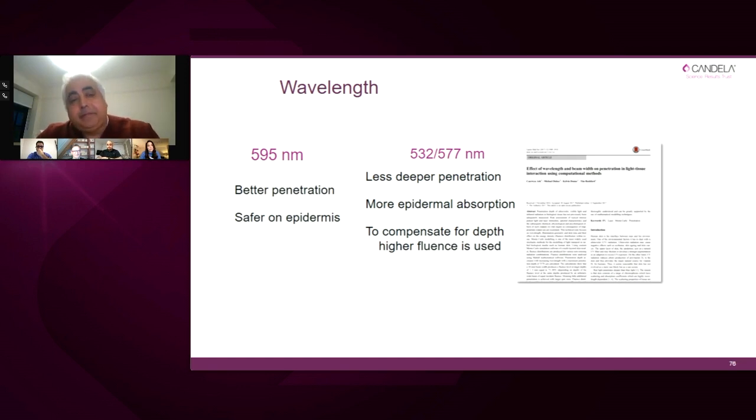So if we compare the 595 to the 532, in the 532 you have strong hemoglobin absorption, but at the same time, you have strong melanin absorption and somewhat more superficial penetration.